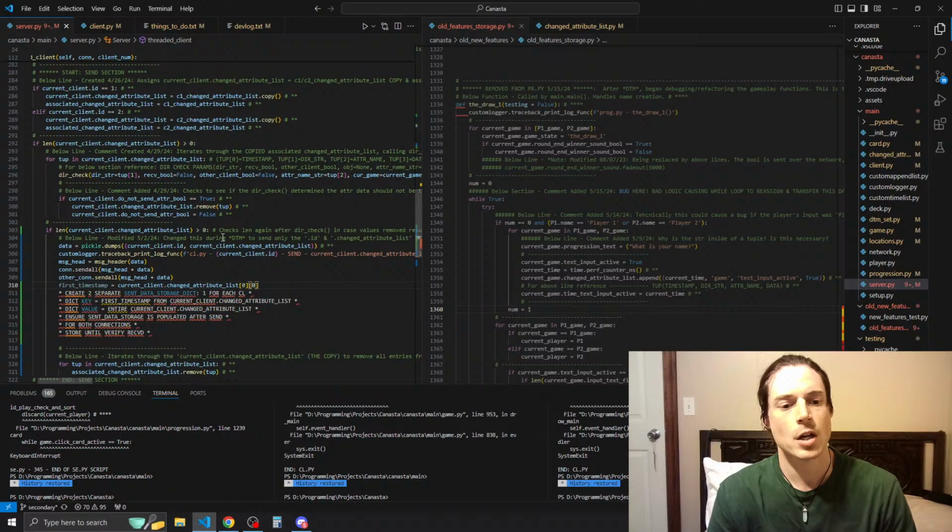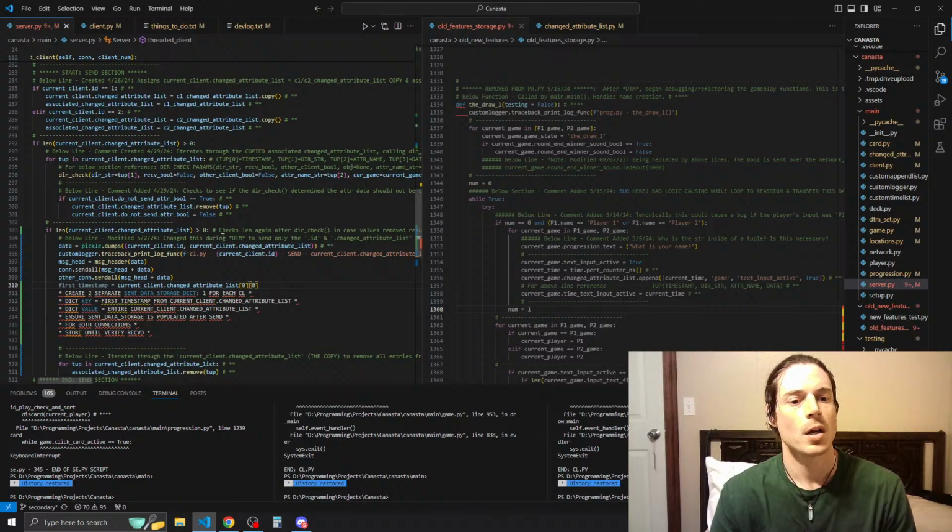So the first entry in the change attribute list is going to be a tuple, and the first element in the tuple is going to be the timestamp. So we're going to do the current client change attribute list, index 0, index 0, and then